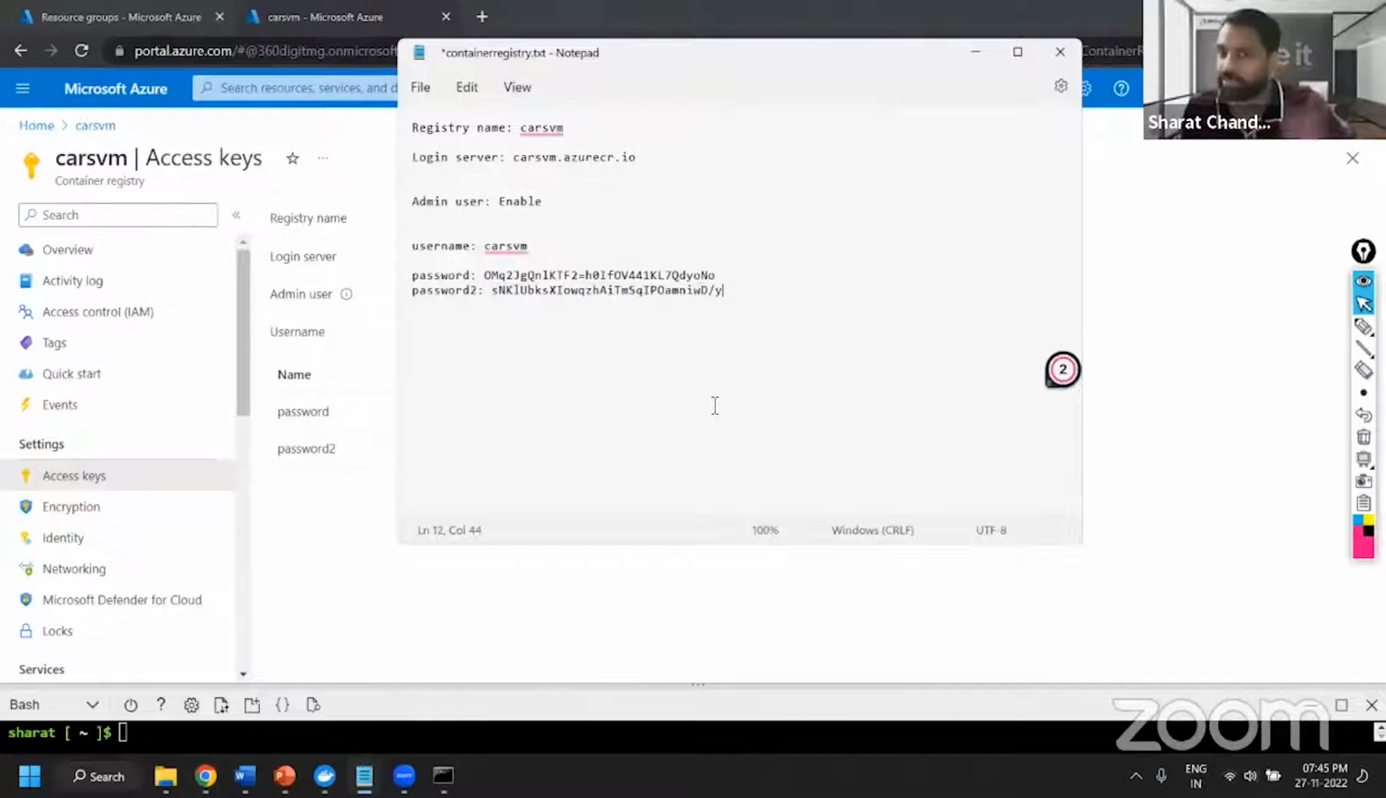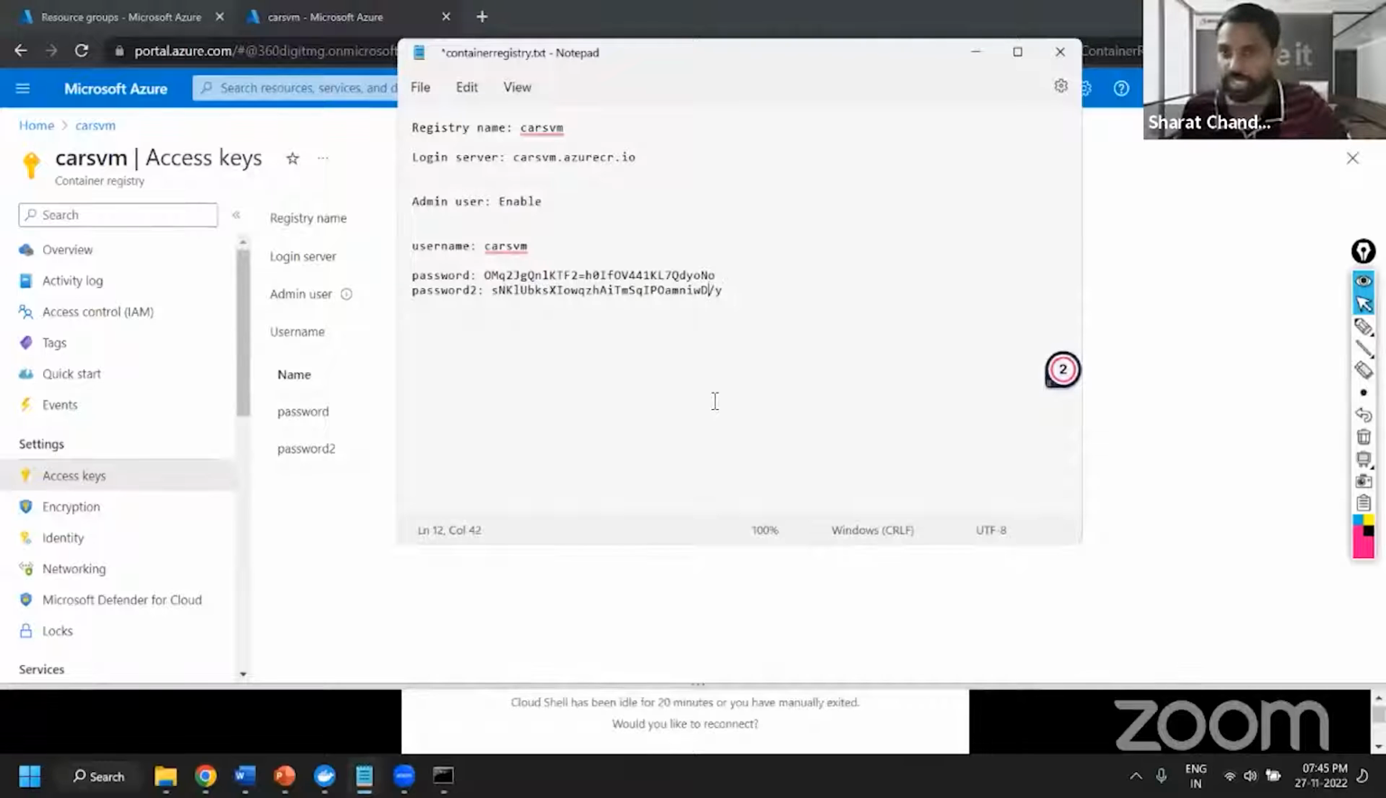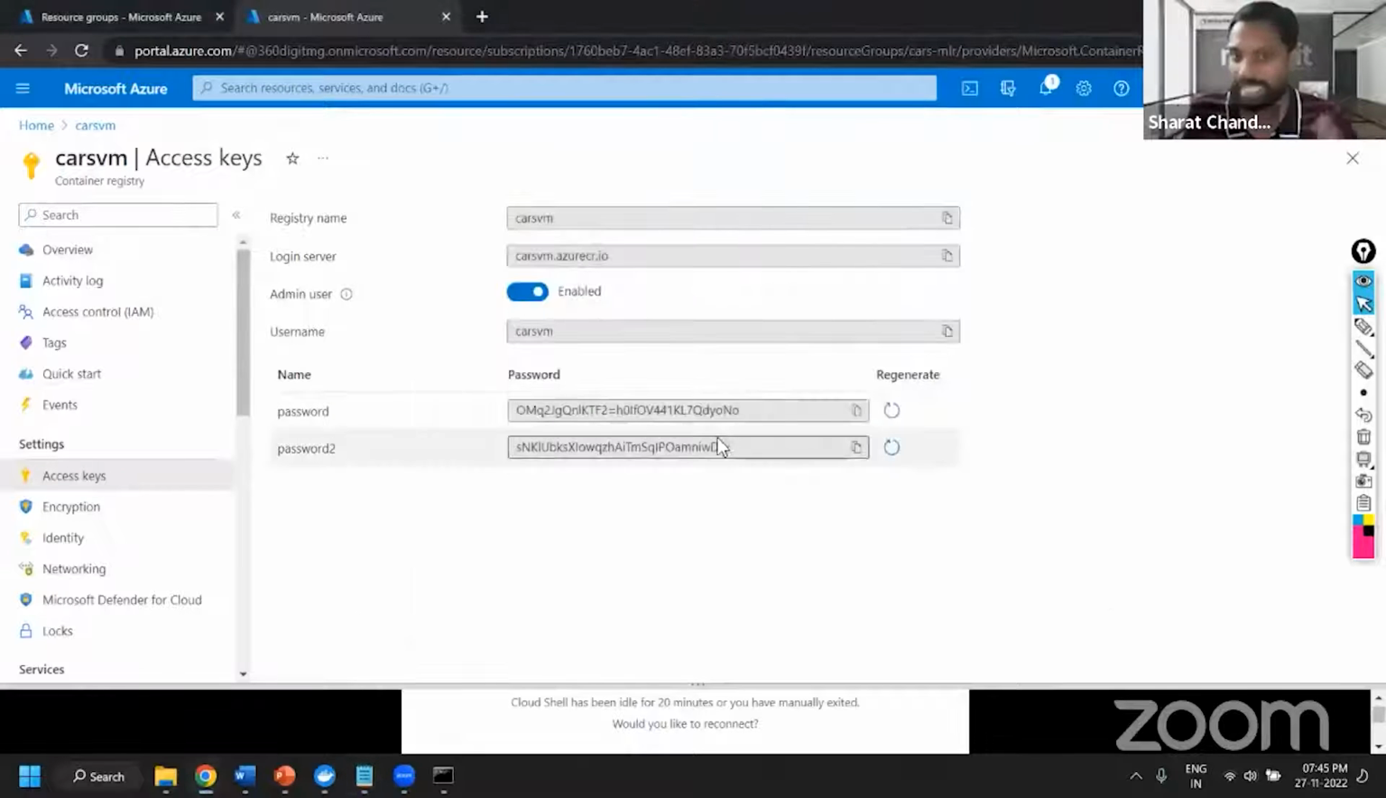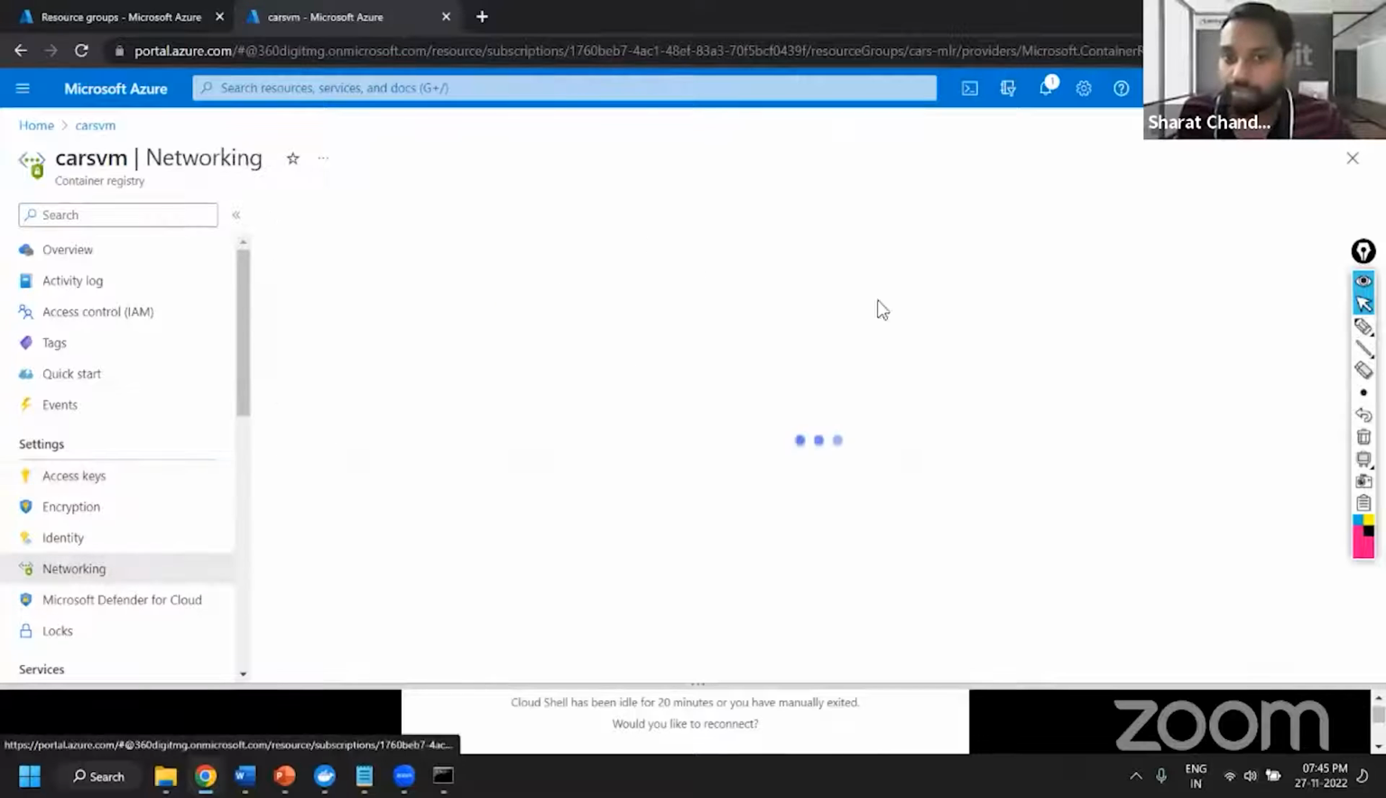These things can be regenerated. If you feel that these registry passwords are compromised, then you might want to recreate this registry username and passwords, as well as the keys. You can just click on regenerate and the password will be regenerated. So here you can see,